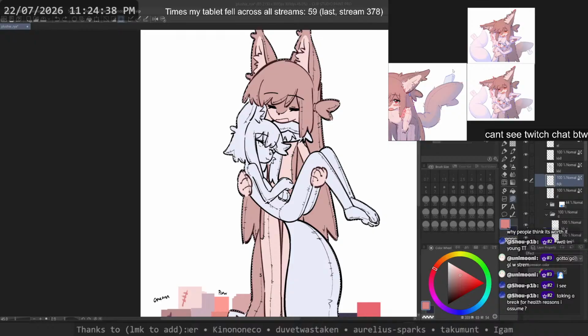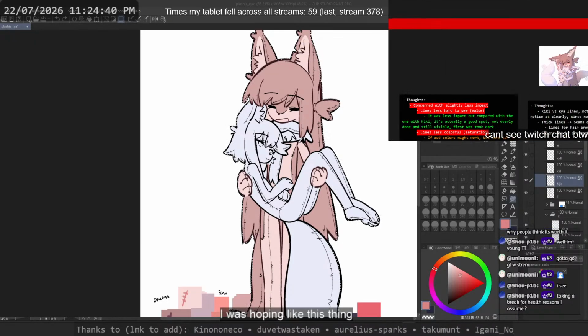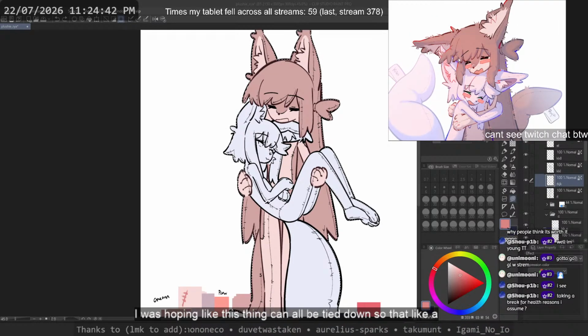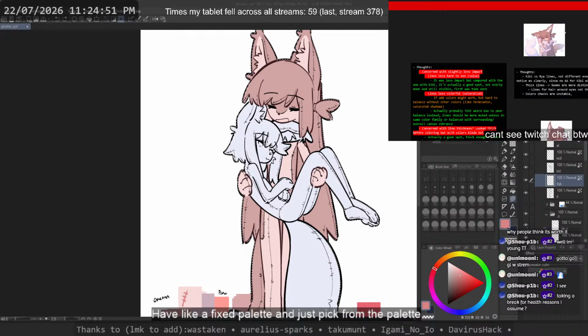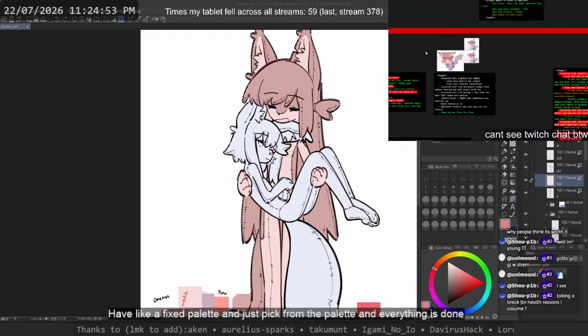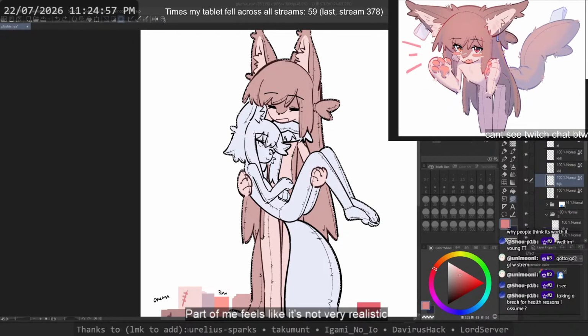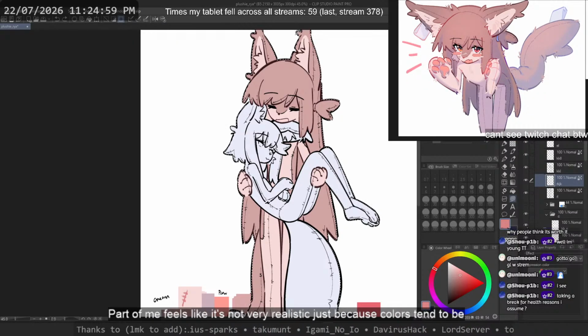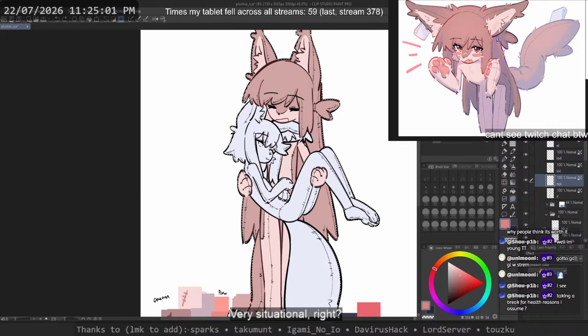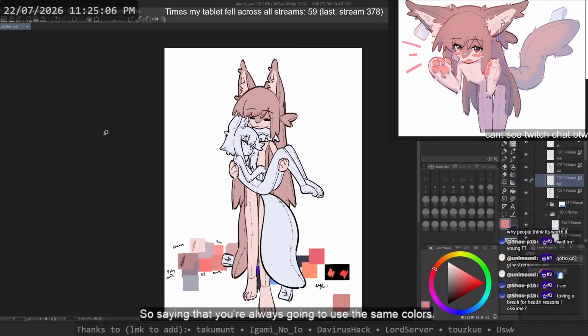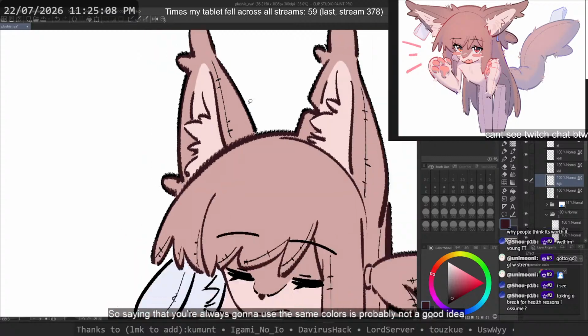I was hoping this could all be tied down, so specifically for this simplified style, where things are tied down to the point where we can just have a fixed palette, pick from the palette, and then everything is done. And maybe it's still achievable. Part of me feels like it's not very realistic just because colors tend to be very situational, right? So saying that you're always going to use the same colors is probably not a good idea, is what I feel like, but